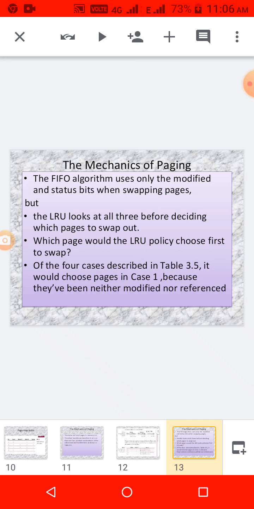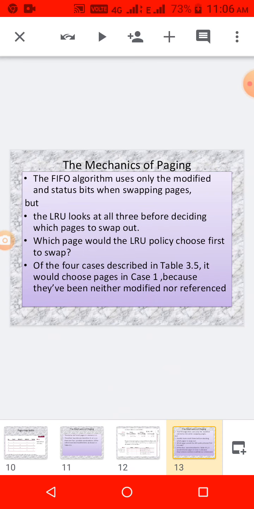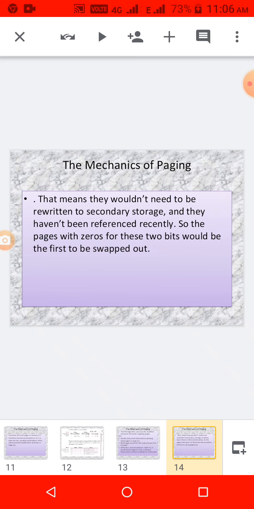That is only helpful for the memory manager to know which page is most recently used and which is least recently used. If it is 0, that means least recently used. See, in these 4 cases, wherever it is 0, that is least recently used, and those pages are swapped first. For example, in case 1 and case 3, a reference bit of 0 means the pages were modified some time ago, so those pages we have to swap. For swapping purposes, this table is very important for the memory manager.